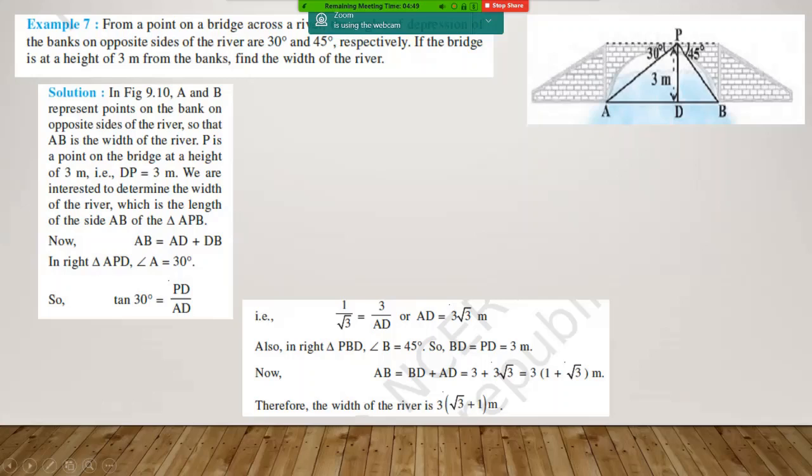Can you see something? The root 3 value is not given here again, so leave it in the form of root 3. But don't leave it like 3 plus 3 root 3. Take common 3 and find it. Go to the maximum possible way of simplifying, the least point of simplification. Okay with that? This was an easy sum, but it needed concept. Now let's start.